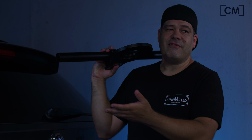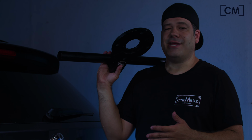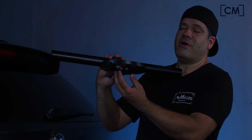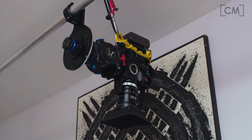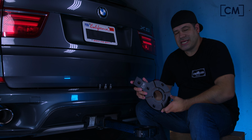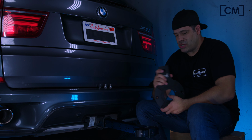So if you don't have your Ronin on set that day, or maybe it's getting pre-rigged on something else, you don't need to tie it up with this. You can just take your tripod head, mount it to the Mitchell base, and use that to position the camera and get your shot. All right, so let's see what it takes to install the Mitchell Houdini mount onto our